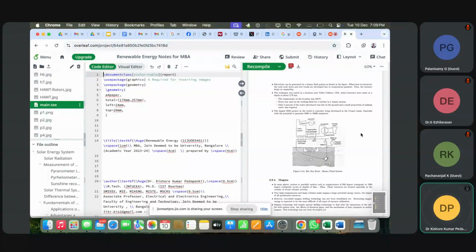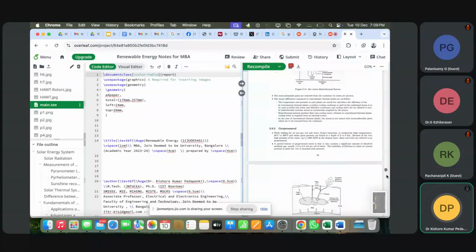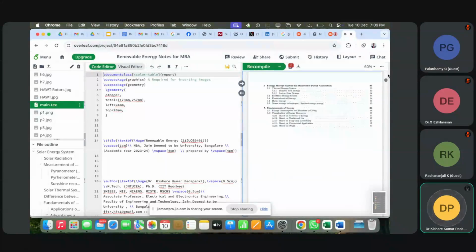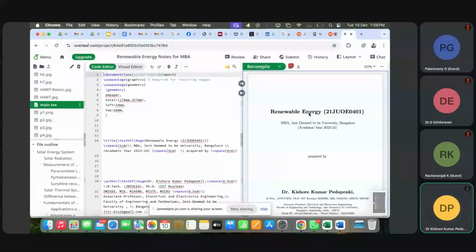So what is the beauty of this report class? I will show you. The report class looks like this. Report class means something like title will be there and subtitle will be there. I will show you one by one. You can see here the title. For each and every LaTeX program, we should have backslash documentclass. We should first define this. So I have defined this class as a report class, and these are some packages we have to bring in. So don't worry about all these packages.